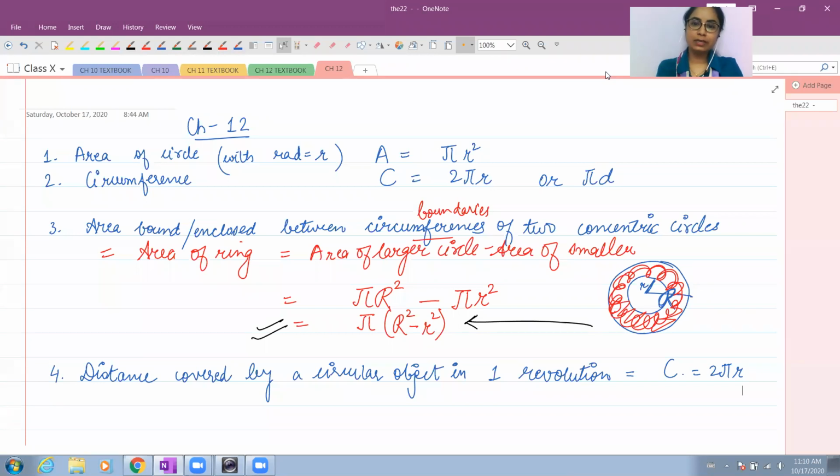So these are the formulae that we have, and since we are going to do areas related to circles and the next chapter, which is surface areas and volumes, you must be aware that these types of chapters are usually majorly based on formulae and concepts. Concepts I can explain to you, but unless you know the formulae, you cannot solve the sums. So learning these will be very crucial.